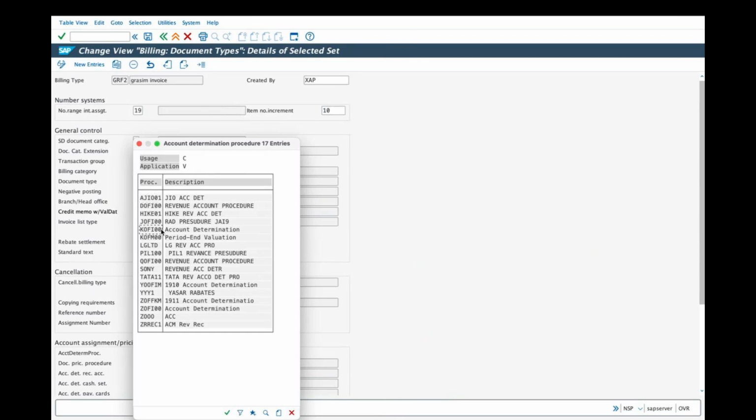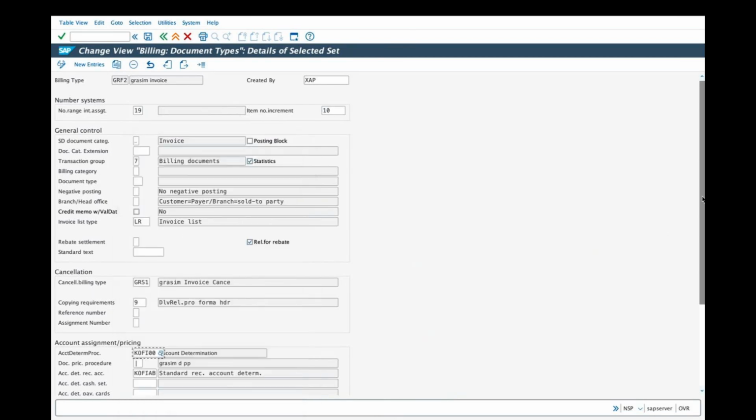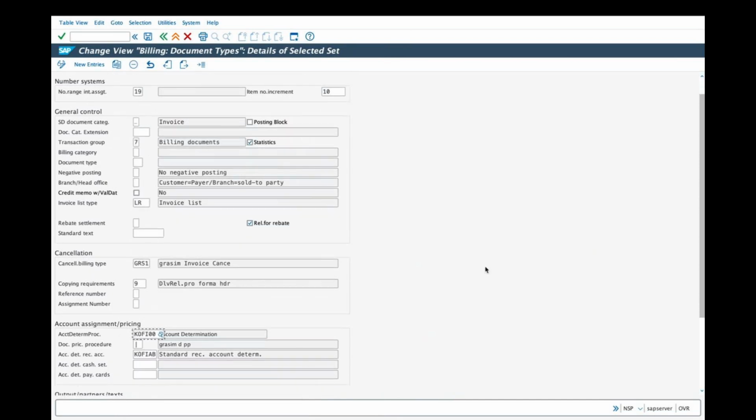So here KOFI, and we will be having one more, KOFK. Somehow it is not there. That is controlling, accounting and controlling. We got nothing to do with that. KOFI is only maintainable. And after maintaining this, here you will find account determination, reconciliation account determination, cash settlement, account